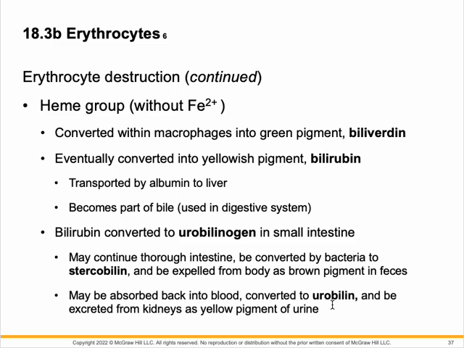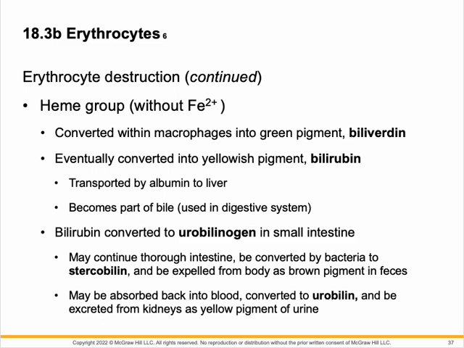So it goes back into the blood, it goes to the kidney, it's filtered at the kidney, and it's excreted in the urine, and again kind of gives our urine that yellow tint that we typically associate with urine,